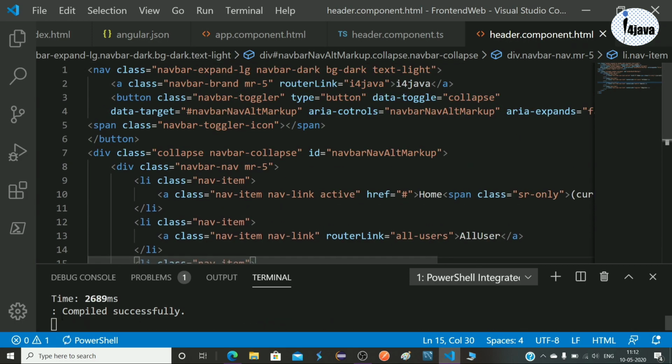Before creating a class, we have to create 4 components. ng g c user.